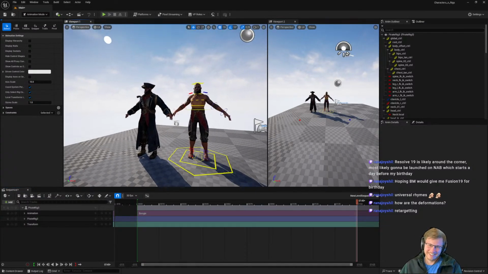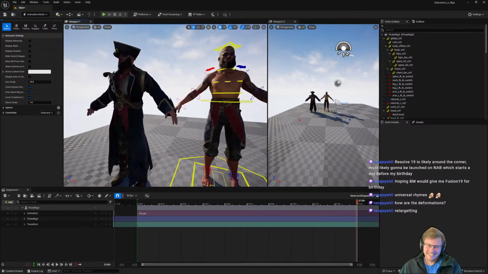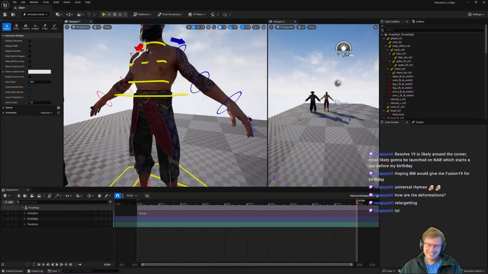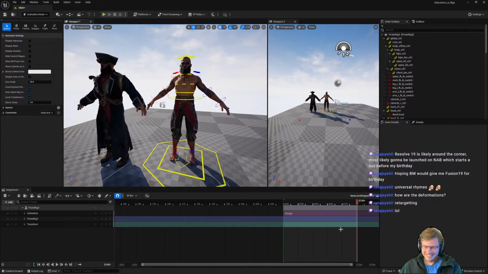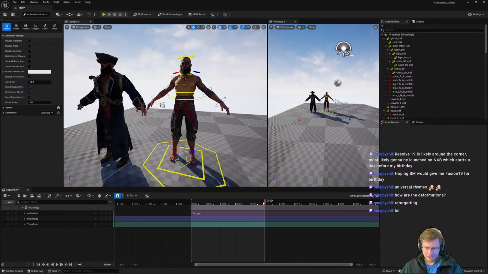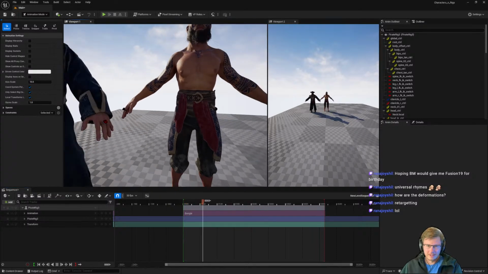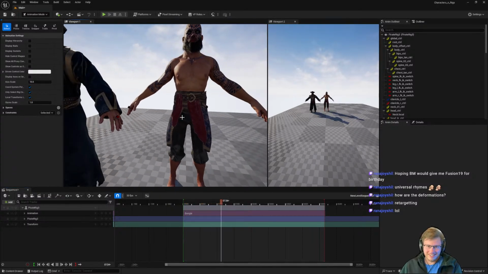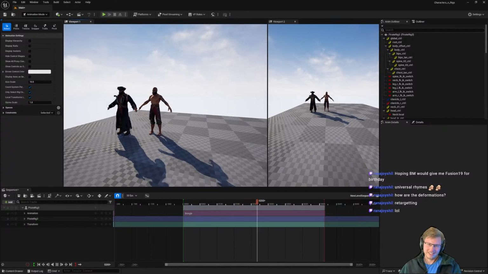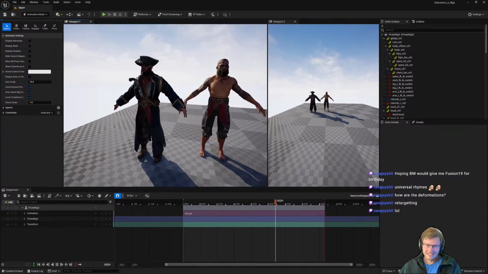Ah, that looks so fun. But yeah, that's not really working. Retargeting, I think you're right. I don't know how to act on that though. I don't know how to use that information. So it's not really connected. It's sort of connected, but not properly.